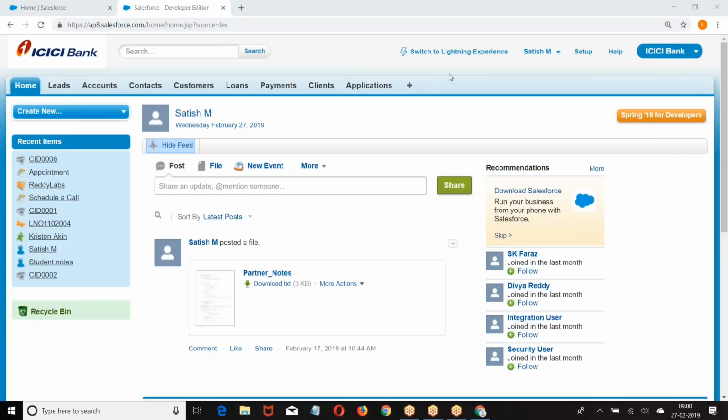Look at the point. Whenever the rule is met, I want to send an email notification to the customer. Let us say when a payment is made, send the email alert to the customer. When a new customer is created, send an email. When a new complaint is raised, send an email. So when you want